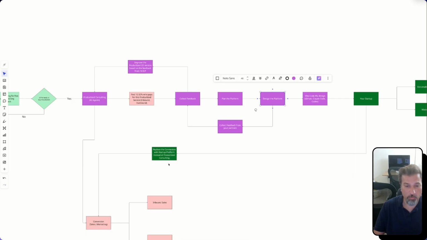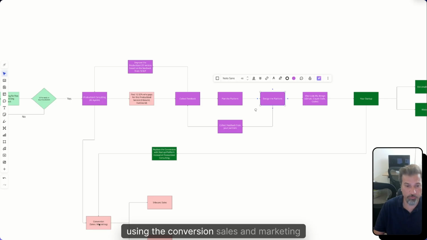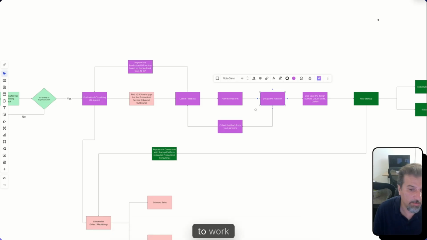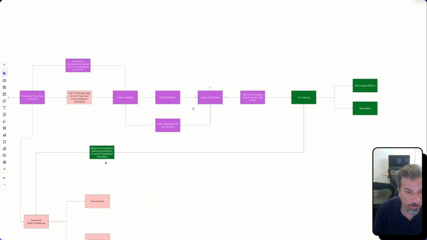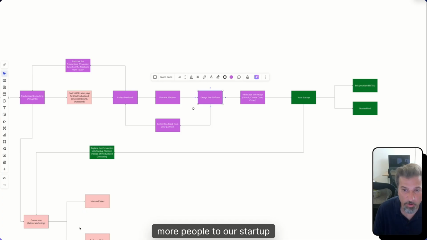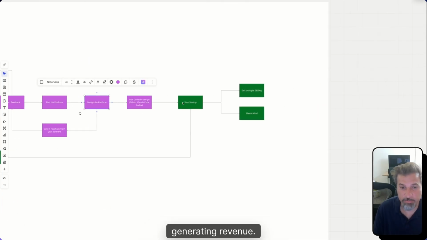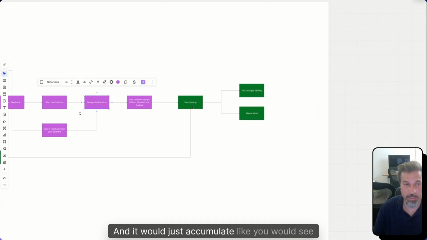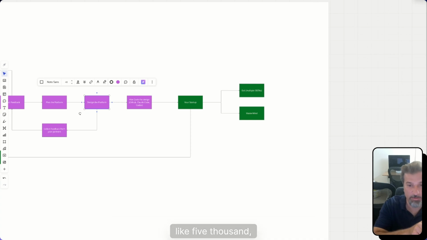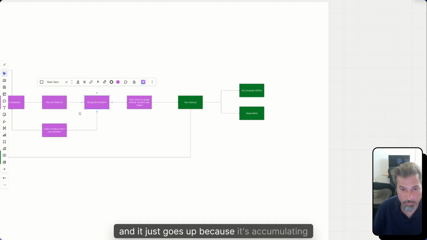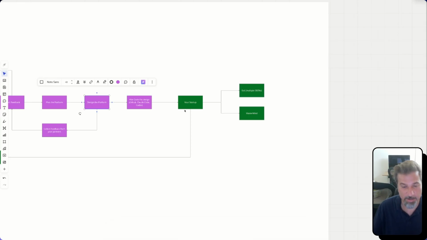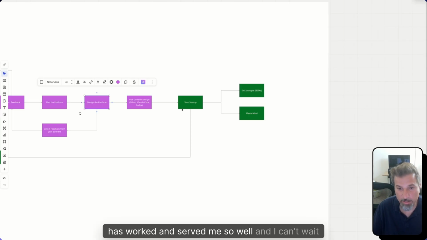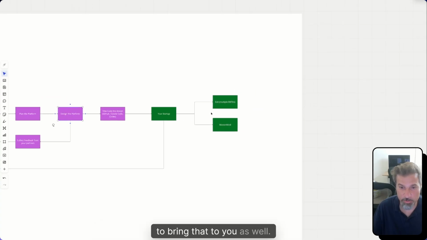So now what we are doing is basically using the conversion, sales, and marketing to work and attract more people to our startup and generating revenue. And it would just accumulate, like you would see 5,000, 10,000, 20,000, 100,000, and it just goes up because it's accumulating business. And this workflow has worked and served me so well, and I can't wait to bring that to you as well.